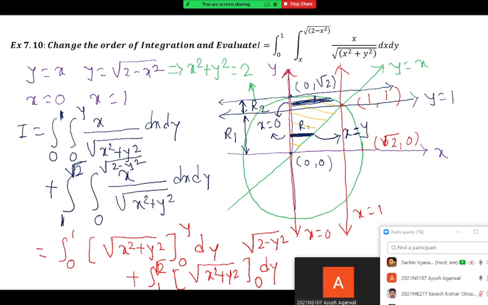Sir, can you explain the upper limit of the second integral? Yes, see the strip first. Position of strip in the region 2 is here. Left hand touches this line, so this is x equal to 0. Right hand touching on this circle, a part of circle. So what is the equation of circle? This one. So get the value of x from that circle equation. So x is root of 2 minus y square. Are you getting? Yes, sir. Okay, clear.